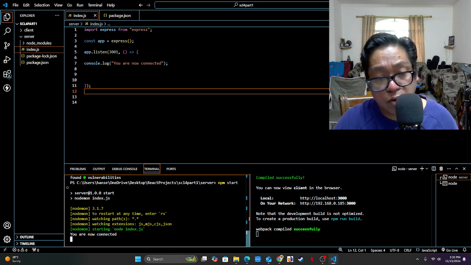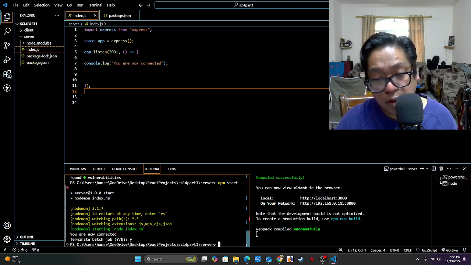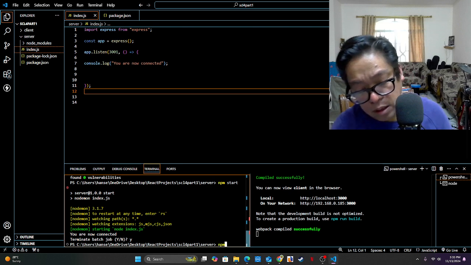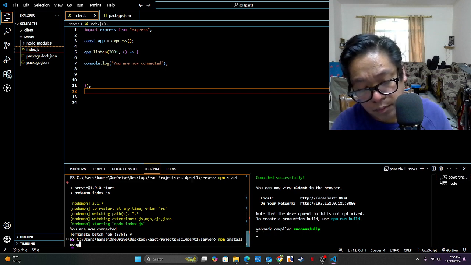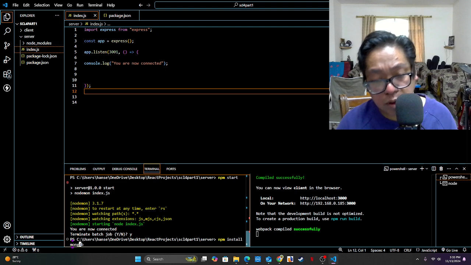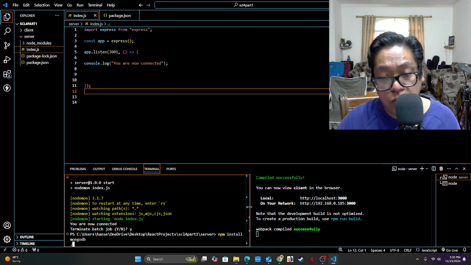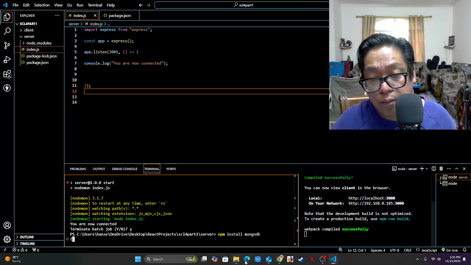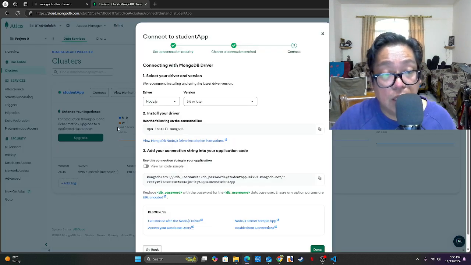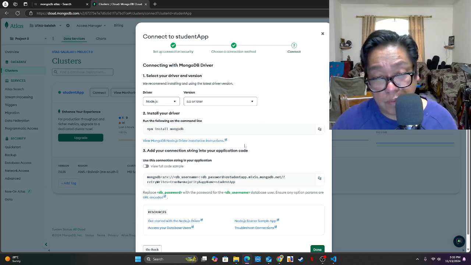dependency in our server. So for that, I have to terminate my server at the moment, and I can run an npm install MongoDB, and later on, this MongoDB will allow us to use the Mongoose library, right? So I am installing now. That is the required driver install that needs to be run in our local server, which is on our local